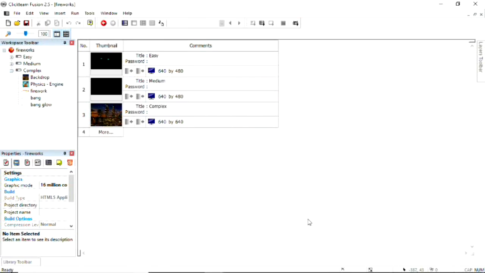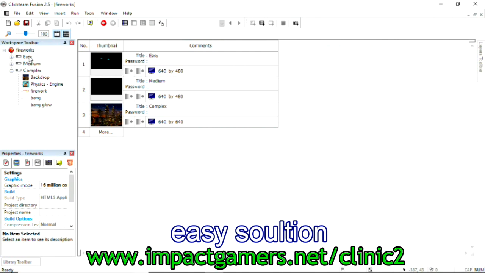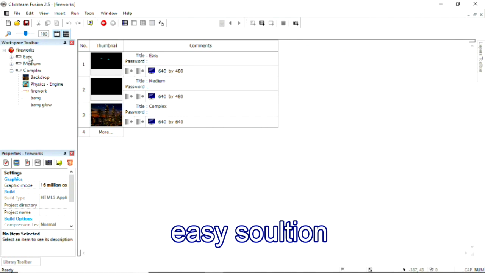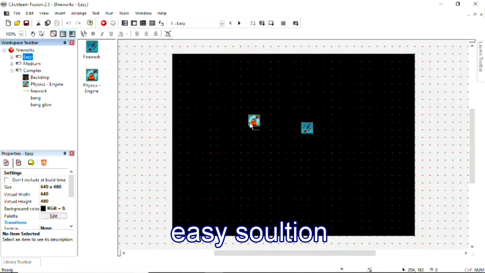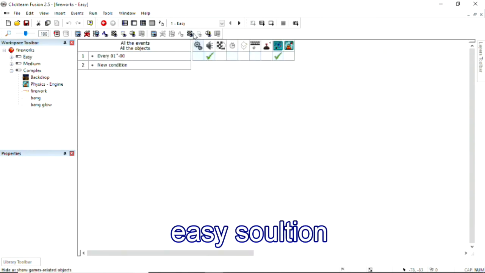So, here's one I prepared earlier. Let's look at the easy solution. And just to remind you, you can download this file and have a look at these solutions and edit them yourself from www.impactgamers.net/clinic2. In this frame, I'll now demonstrate, we've just used particles and just one line of code to make an